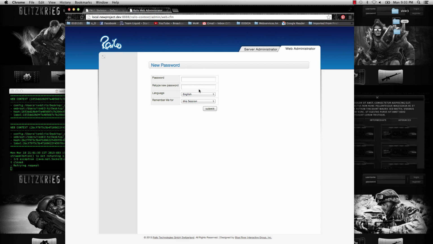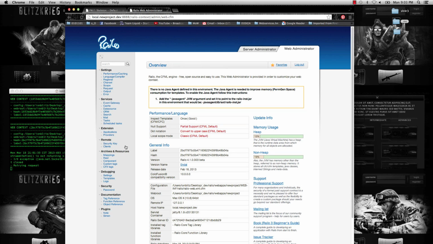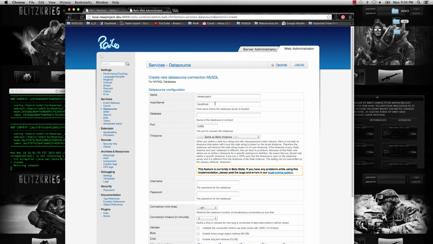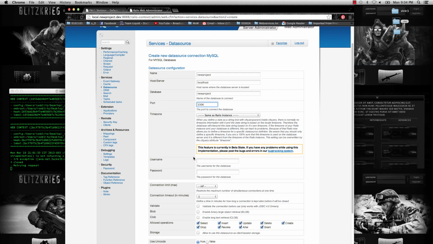Once you're there, just hit the password. And then go to services, data source. Inside data source, we're going to create a new data source with the name that we just created of the database, new project, and type, select MySQL, create. Host server, localhost, that's fine, database is new project, the port, that's fine, time zone,